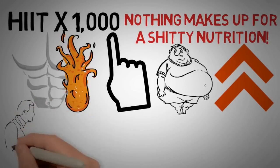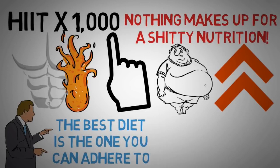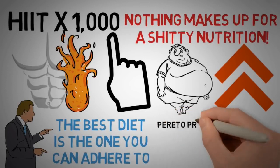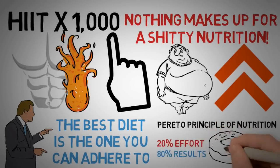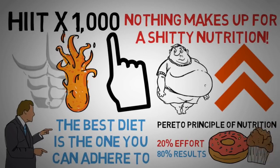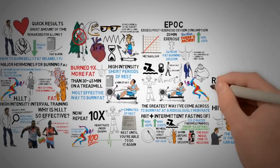Now, I'm not going to argue over which diet is better because the best diet is the one you can adhere to. However, one tip I can give you, which is basically the Pareto principle of nutrition and will take 20% effort and provide 80% results, is to simply avoid sugar and processed foods as much as possible. So that is how you can burn belly fat insanely fast,